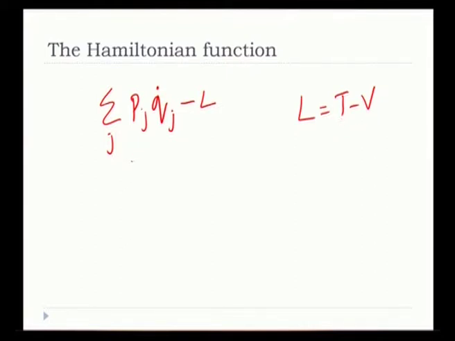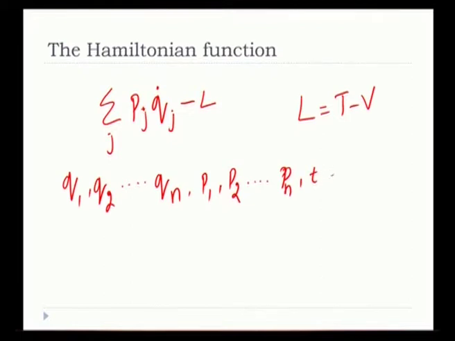In Hamiltonian, the Hamiltonian function is pj, that is momentum of the jth particle, and generalized coordinate qj, qj dot, minus L. This is expressed in terms of q1, q2, etc. till qn, then p1, p2, etc. till pn,